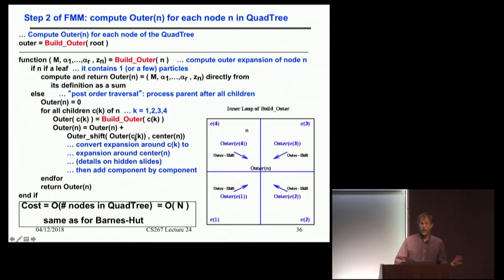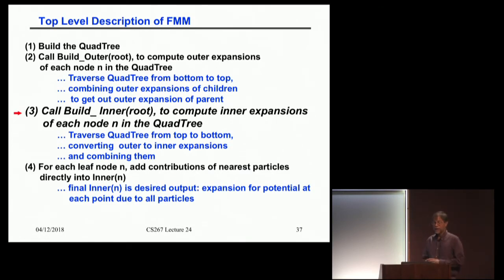Any questions? So this is totally analogous to Barnes-Hut. So this is what's new. And this is going to be different. We're no longer going to be asking, do you look like a little white dot? We're going to have a simpler kind of combinatorial way to say that. So now I'm going to traverse the quad tree from the top to the bottom and convert the outer expansions